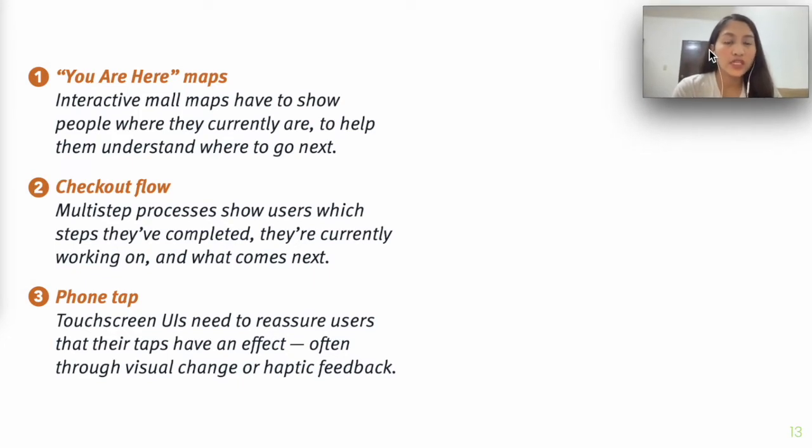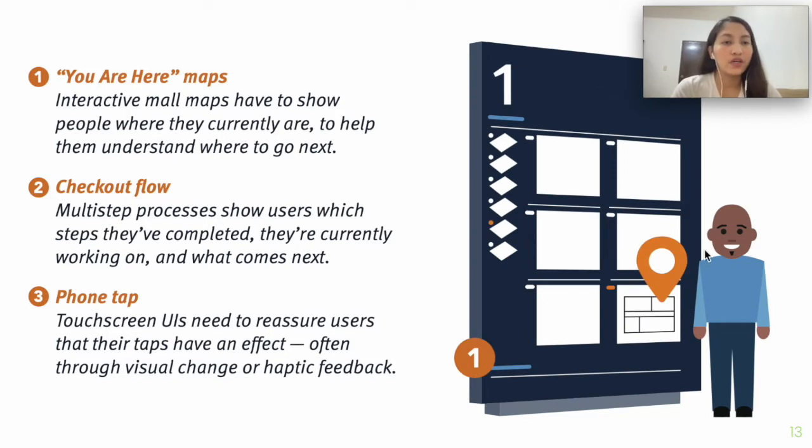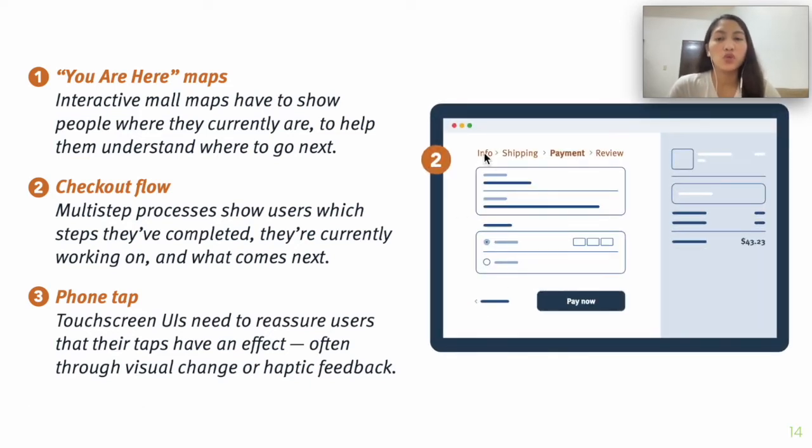The first one is the You Are Here maps. I know you are all familiar with this kind of maps. The You Are Here maps are interactive mall maps that show people where they currently are to help them understand where to go next. Another is the checkout flow. In the checkout flow, the user is shown a multi-step process in order for them to know the steps that they have completed, the steps that they are currently working on,